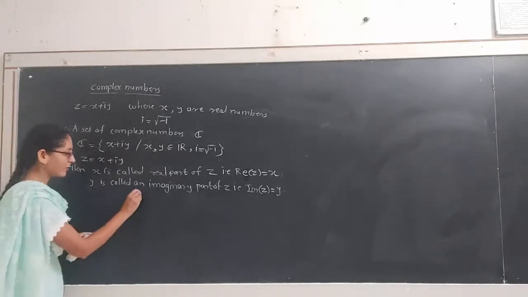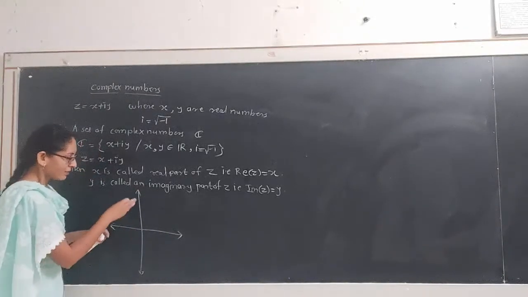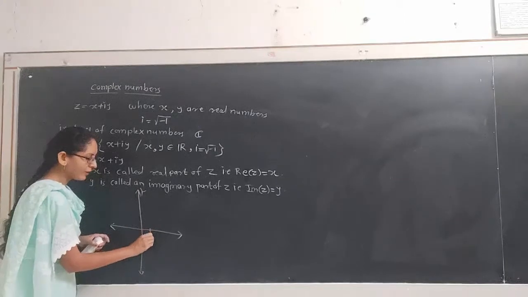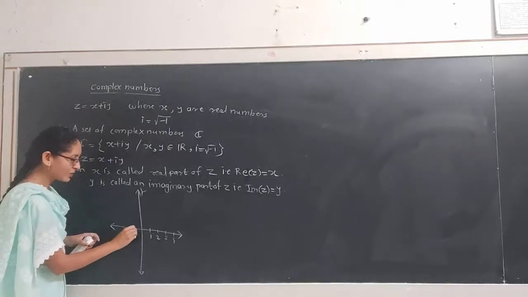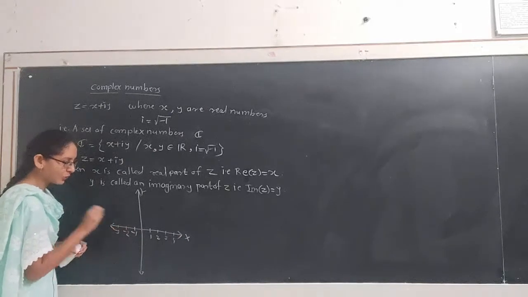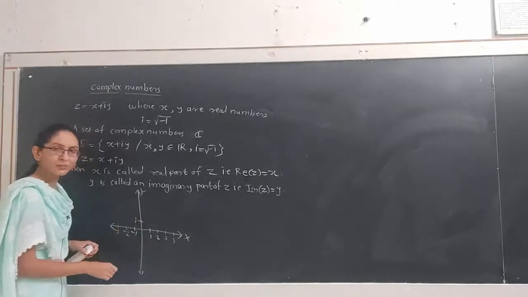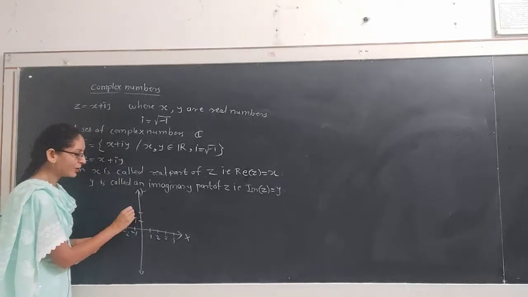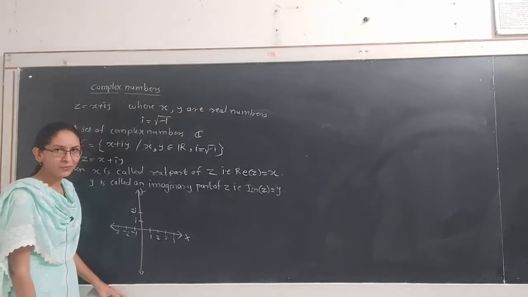If we want to display a complex number geometrically, then we take the points on the y-axis as imaginary numbers, likewise real numbers 1, 2, 3, 4. These are integers represented on real numbers. On the opposite side of the x-axis we have minus 1, minus 2, minus 3 and so on. On the y-axis, instead of 1 we represent the point by i, 1 into i. The second point is 2, but instead of 2 we represent this point by 2 into i, because this y-axis is referred to as the imaginary axis in the set of complex numbers.